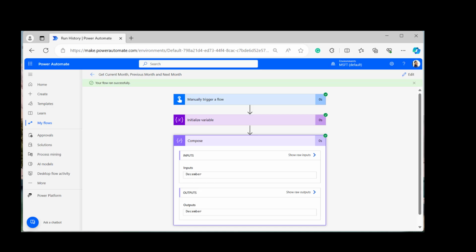This is how to get the current month name, previous month and next month in a Power Automate flow by using